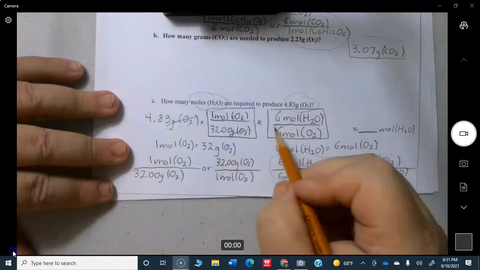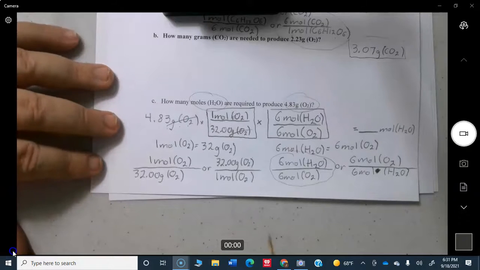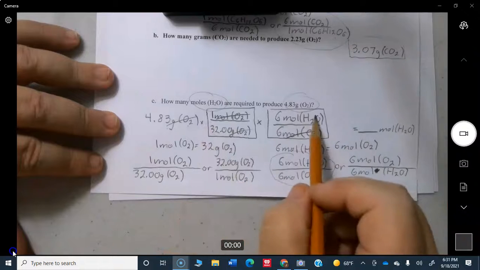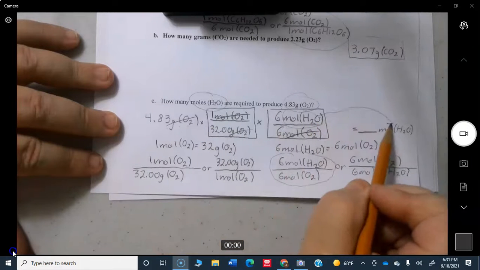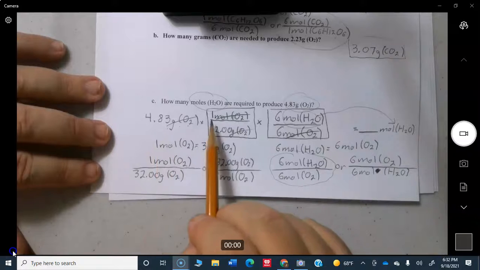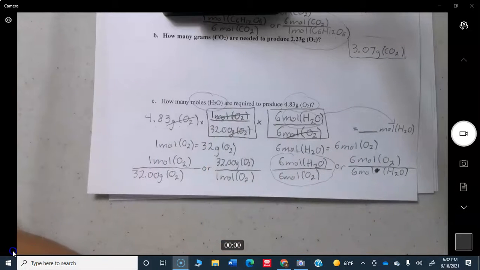Even though it's tempting, don't cancel the sixes right now. Again, you want to focus on the units of measure, okay? Don't even worry about numbers at this point. All right, so moles of O2, moles of O2. So everything is canceled out except the units we want in our final answer, moles of H2O. So 4.83 times 1 times 6 divided by 32 divided by 6. And that's going to give us